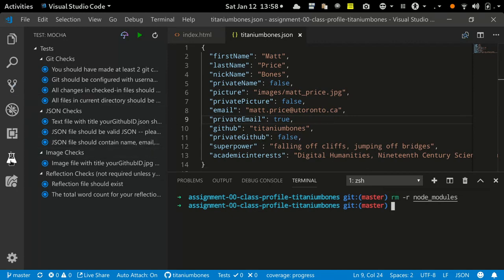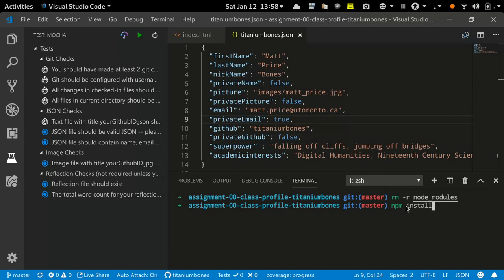When you bring it up, what you should find is that the test won't run. Yeah, the tests are messed up. Something's not working. It's because I have not yet run npm install, which will set the repository up for the test to be able to work. Now I can do that right here